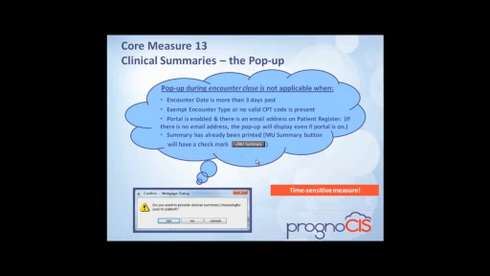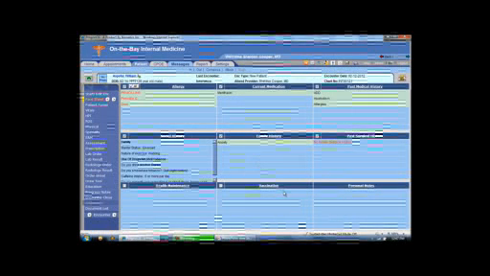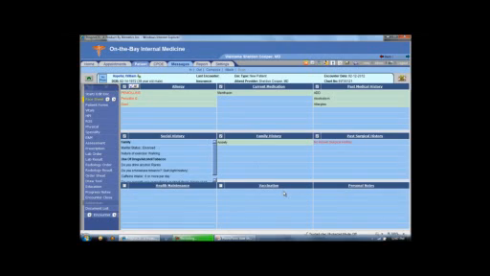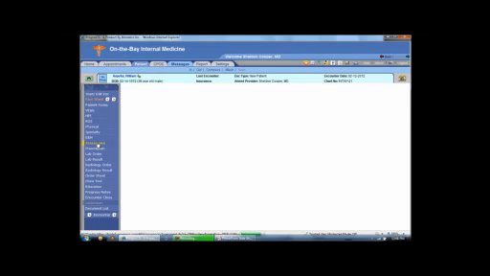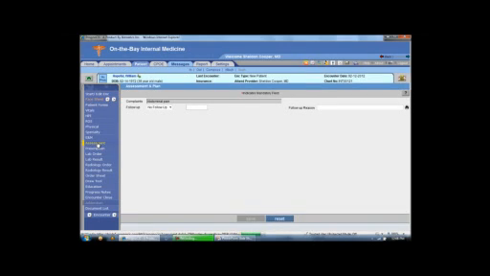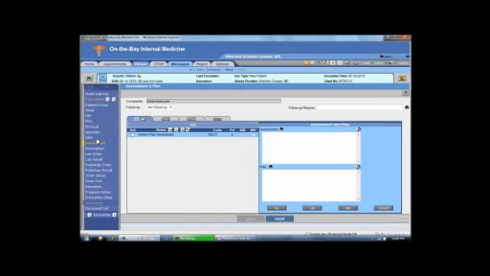Now we're going to toggle into Prognosis, and we're going to take a look at producing the clinical summary. Again, it is on the encounter close screen, but remember the pop-up will not occur in those specific scenarios. So just for the sake of training, we're going to verify that the CPT code is present. That is on your assessment tab. Of course, within your practice, if you're utilizing the E&M tool, you can flow it over to assessment from the E&M lookup, or you can simply go to the assessment tab and add it manually, which is what